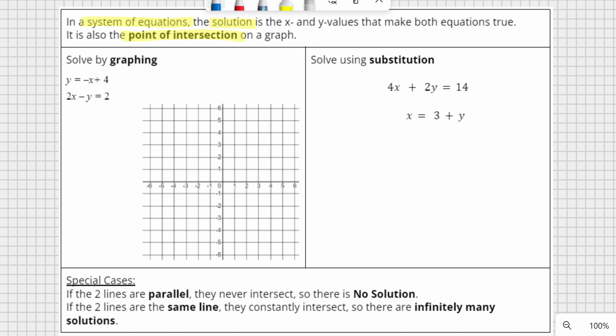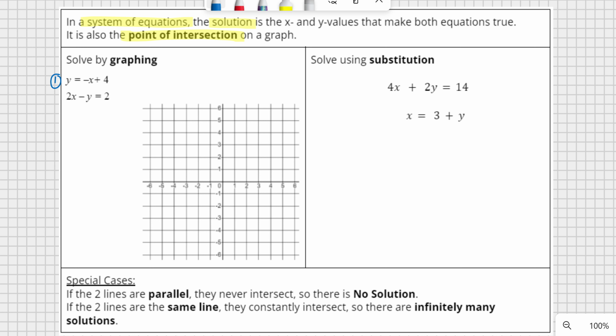To find the solution, there are a couple of different ways you can use. One method is by graphing both equations. Let's look at this first example on the left. This first equation is in slope-intercept form, so it's easy for me to see the slope and the y-intercept. If it's negative x plus 4, the slope is going to be negative 1, and the y-intercept is going to